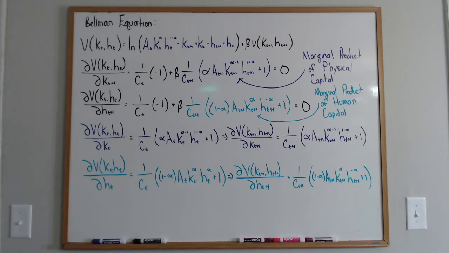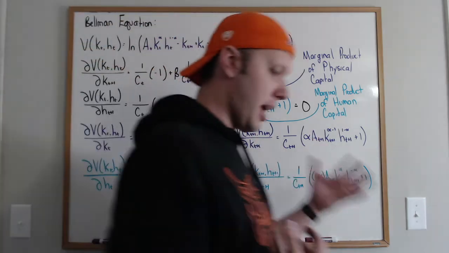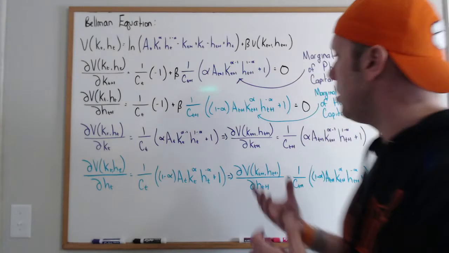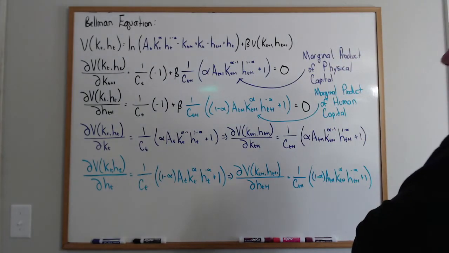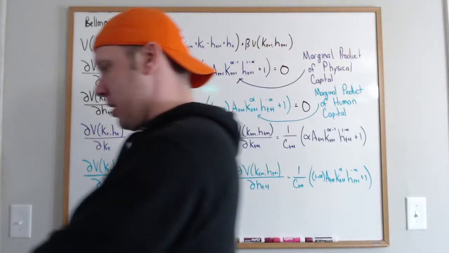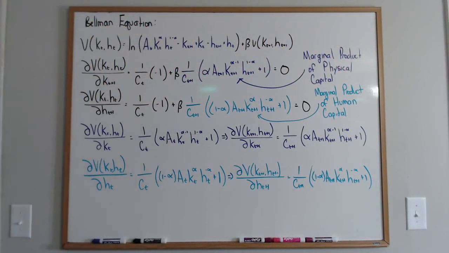So there's still the consumption dimension that we're looking at, but instead of just consumption and savings, where savings is physical capital, now there's also human capital. So we now have to decide between consumption and human capital, as well as consumption and physical capital. Thus, we have 2 Euler equations,